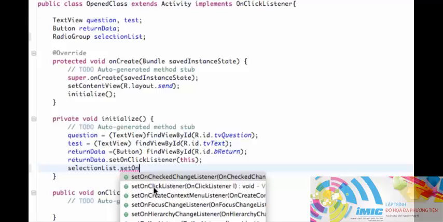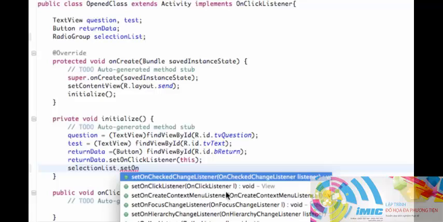Again, we could do OnCheckedListener, but it's better to say OnCheckedChangeListener, because anytime one of those radio buttons within this radio group is clicked, it's going to call this method. As you can see here, within its parameters it takes a variable type or object for the most part,